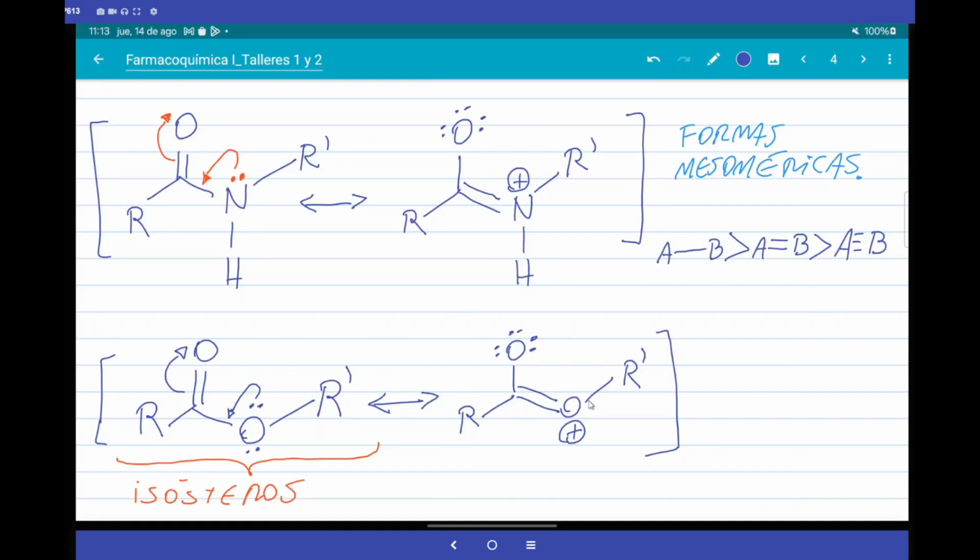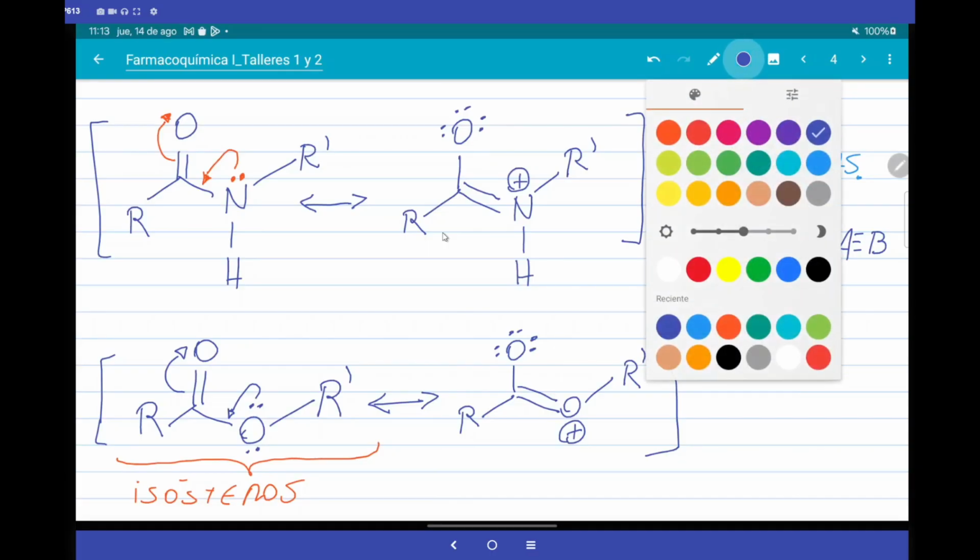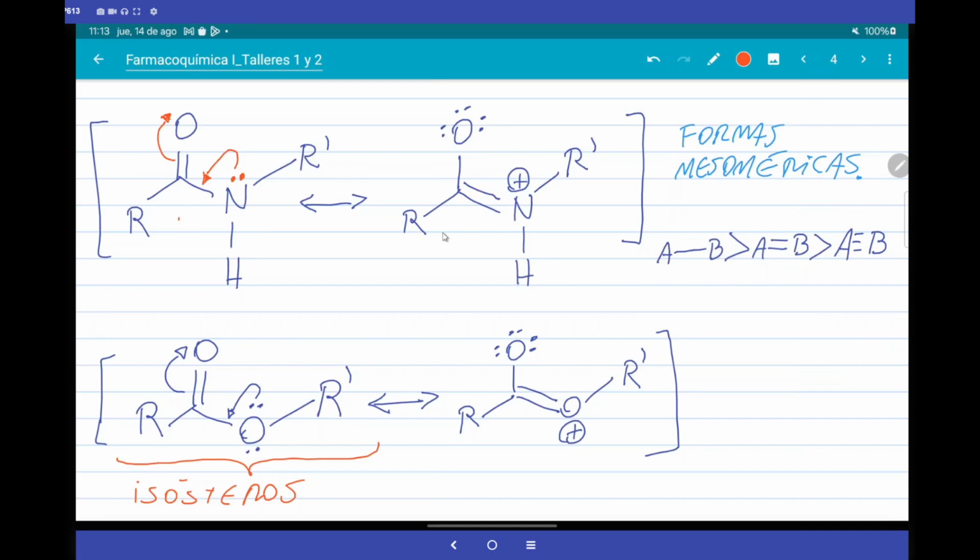And now the question is, if both have a resonance, this form is much more contributing in the amide. In chemical terms, it is much easier to break an ester than to break an amide, because the amide is more similar to a double bond. Metabolically, at a biological level, that is super relevant, because is the peptide bond of ester type or amide type? Perfect, and that guarantees the stability of the proteins over time. The energy of this bond is much higher than the energy of the ester.